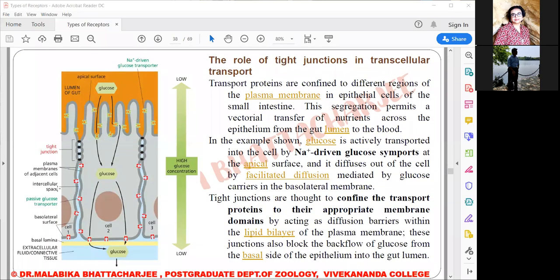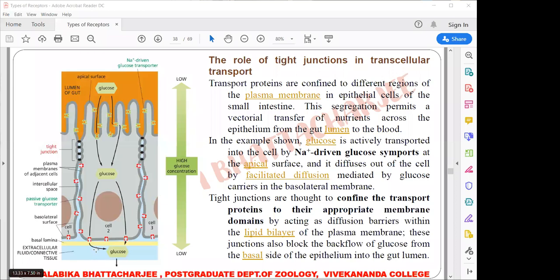See, this is the picture. So this is a picture of an intestinal epithelial cell, as you can see. Now, as you can see, the tight junctions are present in the apical region. This is the gut. This is the basal lamina, and this can be a blood vessel or any fluid connective tissue. Now, as you can see from the intestinal epithelium, when the glucose is entering the cell, the glucose is not permitted to diffuse out to the neighboring cells in the apical region. The glucose gradually goes down through the cell and is allowed to move out through the basolateral surface.